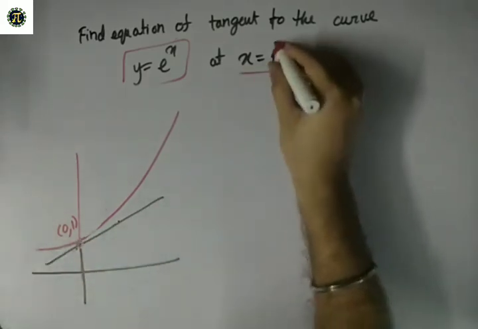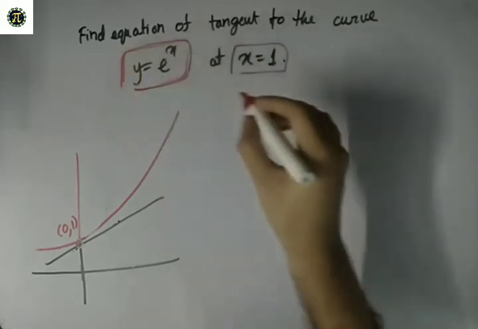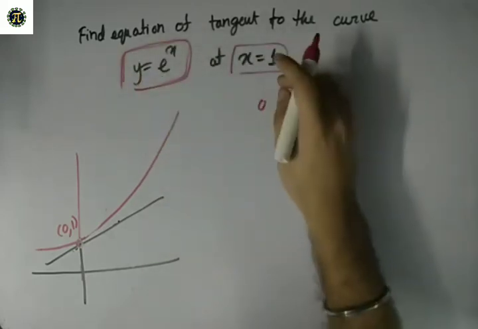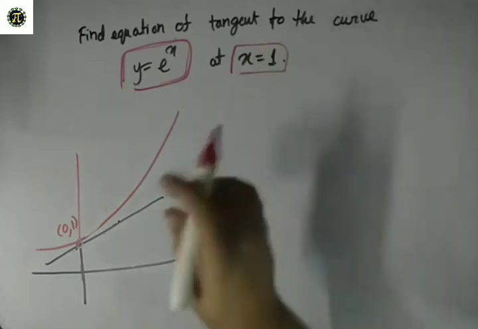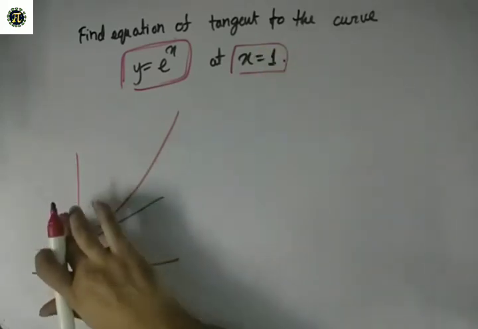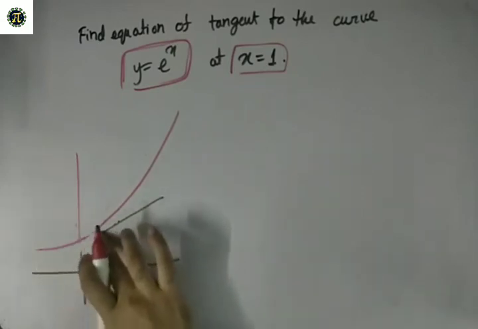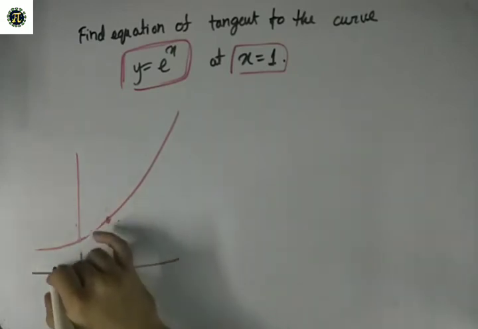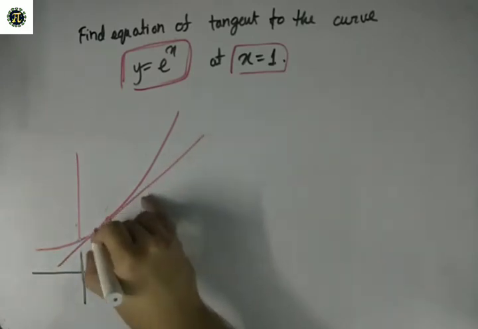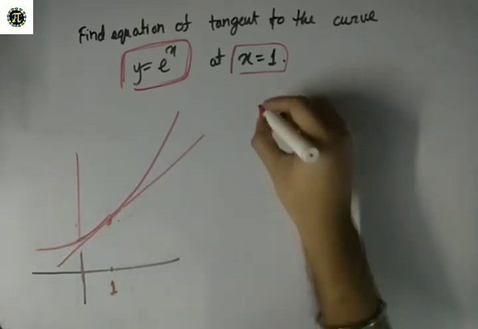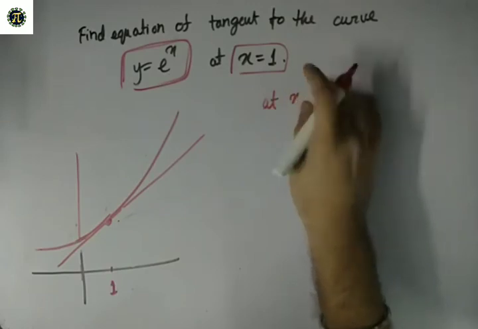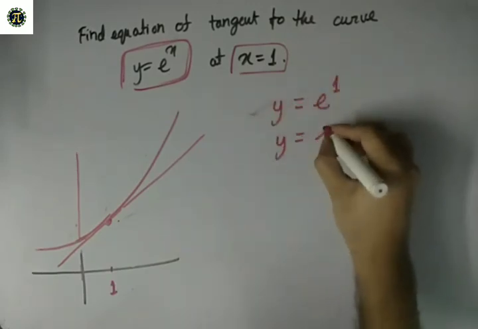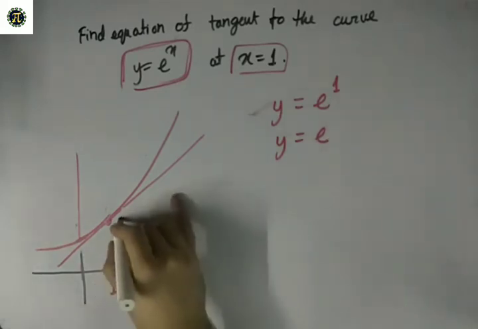We have the function y is equal to f(x), y is equal to e to the power x. Let's say at, I'm sorry, we had to do it at x is equal to 1, so we can slide the point to x is equal to 1. So this might be the point, right? We want to find the tangent here. So at x is equal to 1, what is the value of y? That is e to the power 1, that is y is e. So this point is (1, e).